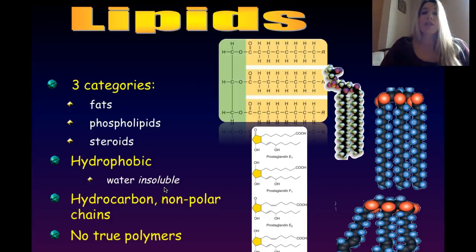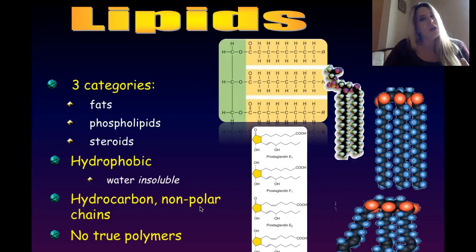So we're going to start off talking about fats, and we'll learn that the chains of fats are what we call hydrocarbons. So that just means carbons and hydrogens. So the carbons just have hydrogens all around them, and thus they are called hydrocarbons. And being that they're hydrophobic, we can also say that they are nonpolar. So you might remember this from our basic chemistry introduction.